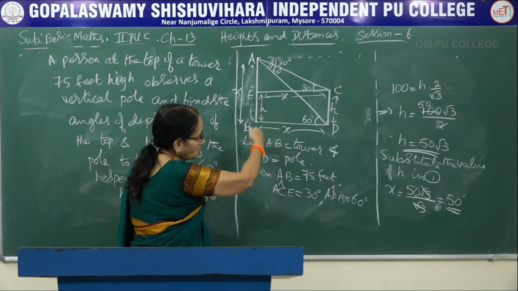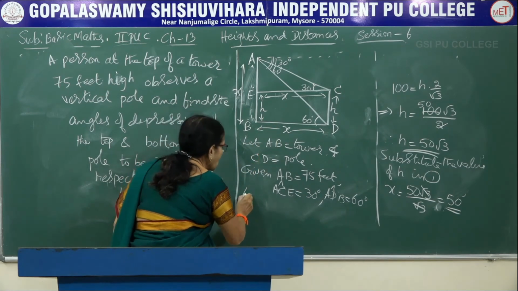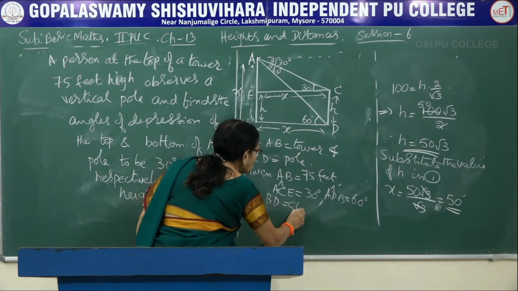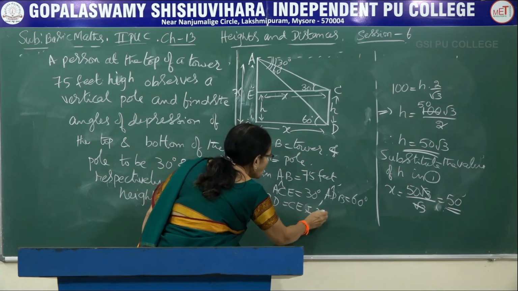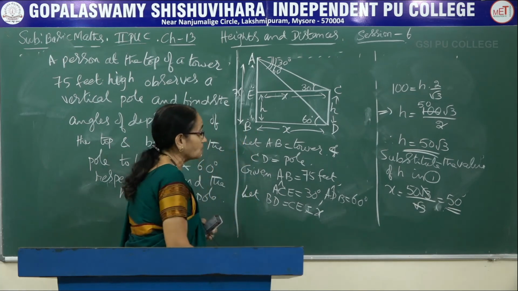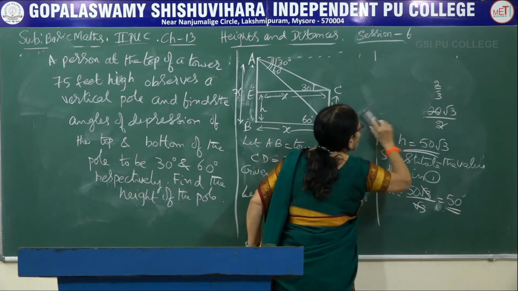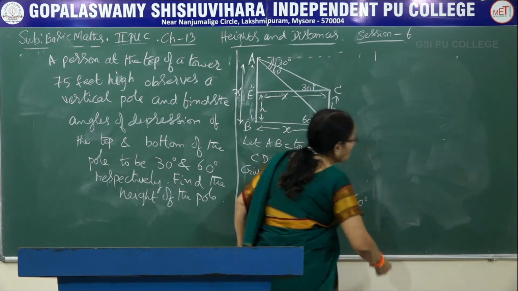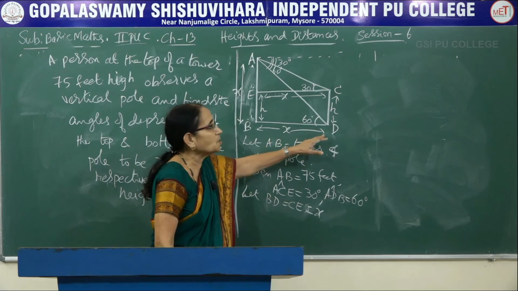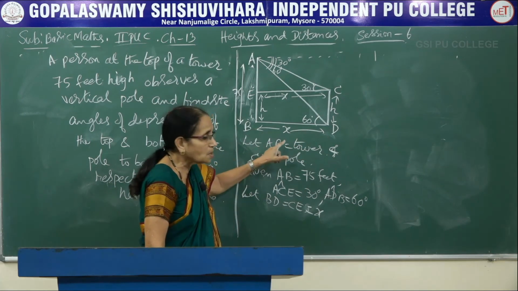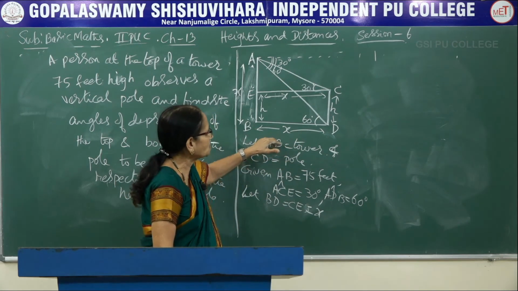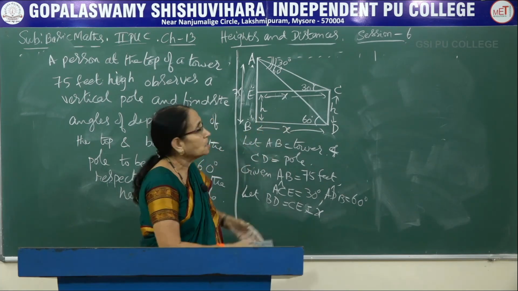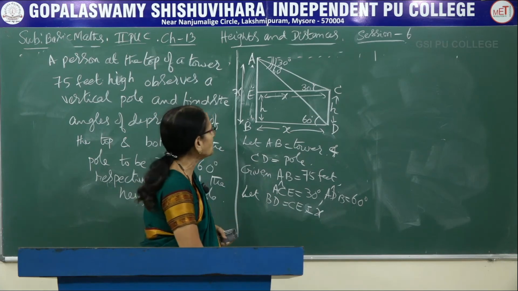X, though we have written here, it has to be eliminated. Let me write that one. Let BD be equal to CE be equal to X. I am denoting that as X, which should be eliminated because we are not interested in finding the distance. Sometimes, suppose in the problem they ask you, find the distance of the pole from the tower, then X has to be calculated. Here, because X is not asked here, we will be eliminating it by considering both the equations, both the two results that you will be getting.